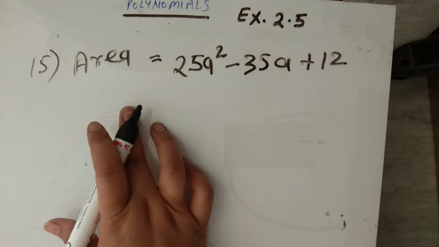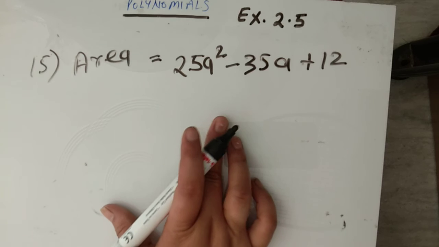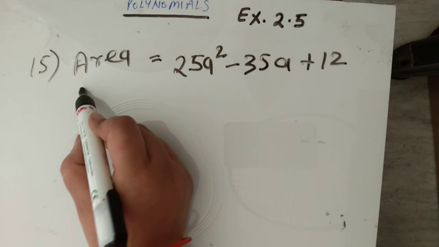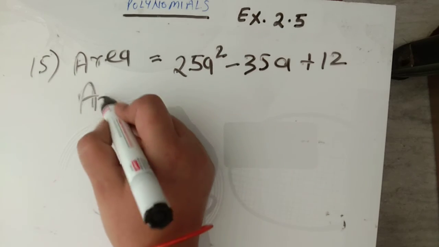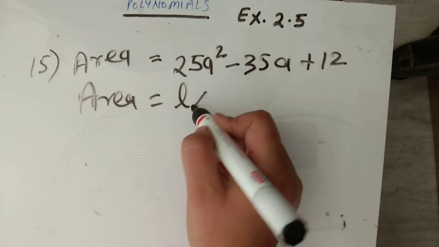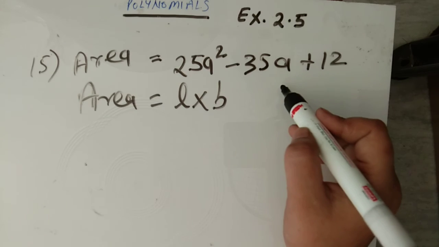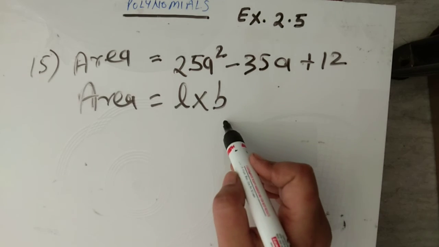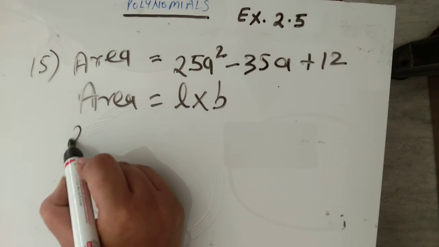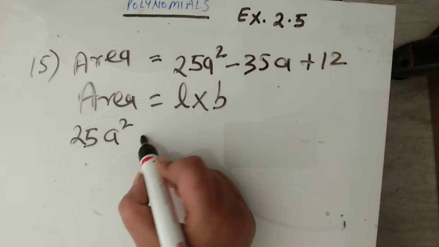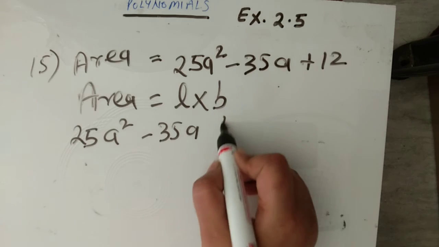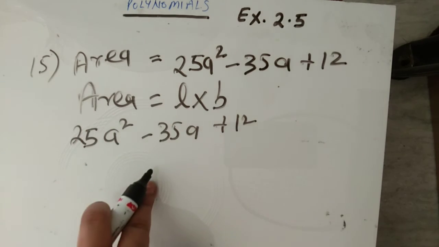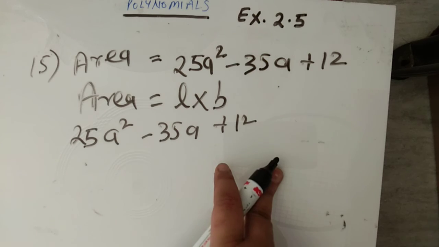Now see what the question is. Area is given to you and possible dimension of length and width it is asking for. So what we know, that area is equals to L into B. What it means, that when we factorize its area, we will get the factors for L and B. Okay, so we will factorize it. We are having 25a square minus 35a plus 12. Now we will find its factors. Okay, we will find the factors for the multiplication of this one.